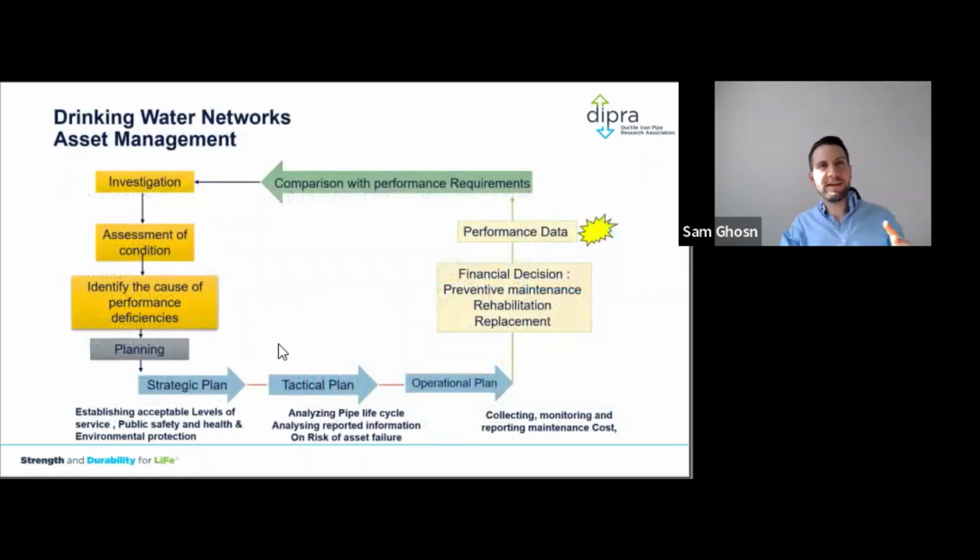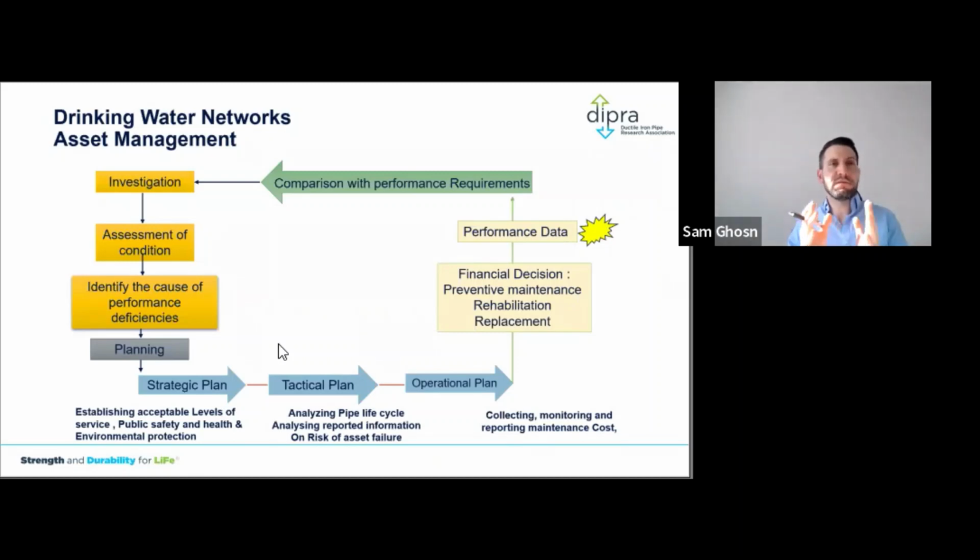But when it comes to existing pipelines, folks, you need to think a lot about performance data. I'm not going to get into the strategies of how you manage and assess that data, because every utility may have a different process or system in place. But what I care about really is what pipe data I am looking at as a pipe professional and a pipe engineer. I'm looking at performance data of that water main, for example, the failure rates, the break rates, the age. Although age is not a factor, it is an indicator of possible conditions.